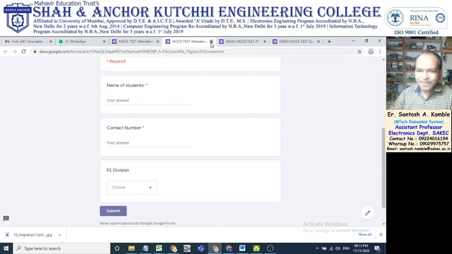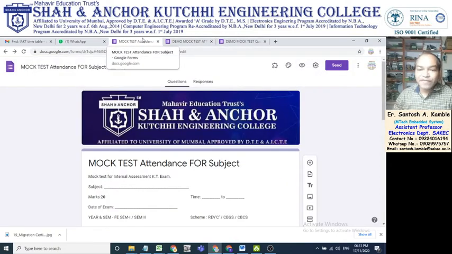Now we have to make the question paper format. For the question paper format, we have divided this question paper into 4 sections. Your first section is the same as the attendance form. Your second section is question number 1, which is 5 questions of 2 marks. The third section is question number 2, 10 questions for 1 mark. And the fourth is the instruction to students to check whether you have submitted all the questions.